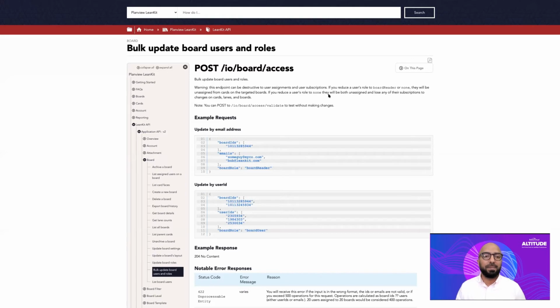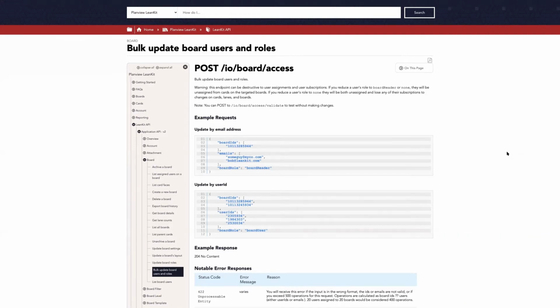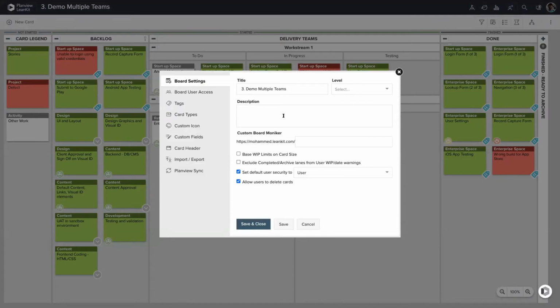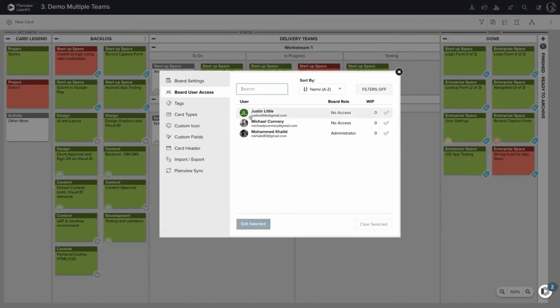So when I look at LeanKit's APIs, it is a REST-based API. It supports the authentication methods that we're able to support out of the box. And it has an example here of what's exactly needed to build out the integration. So we'll need the board ID, we'll need the email, and the role itself. Okay, so at this point, we're going to go back to LeanKit. We're going to come in here and one more time confirm that Justin X Little does not have access to